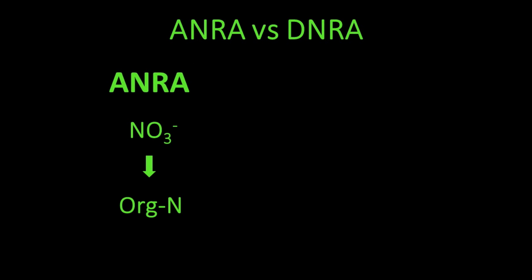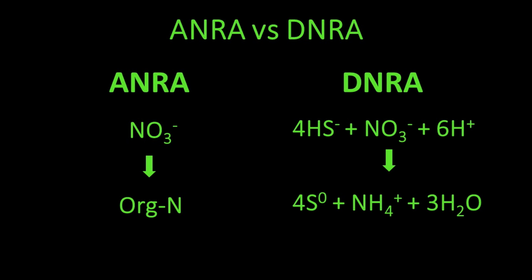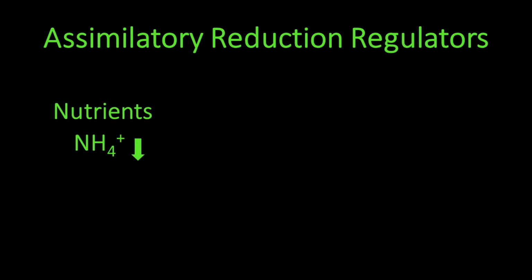Assimilatory reduction converts the nitrogen into biomass, whereas dissimilatory reduction uses nitrogen as an electron acceptor, not incorporating ammonium into organic matter. The type of reduction determines the regulators of these reactions. Assimilatory reduction is determined by the presence of ammonium. As the levels increase, the effectiveness of reducing microbes to compete with other organisms is reduced. Much like the nitrogen-fixing microbes, the process of reduction takes energy that is completely unnecessary in the presence of the resources it is working so hard to harvest.